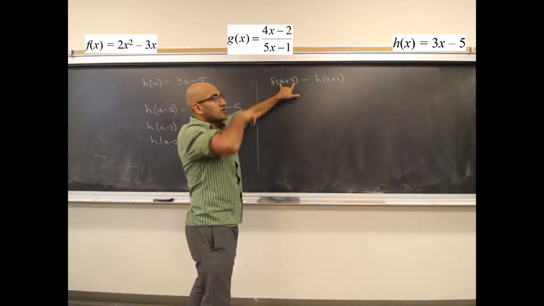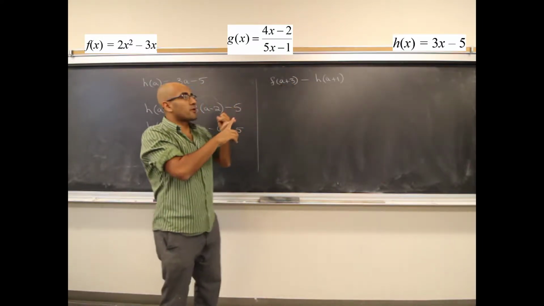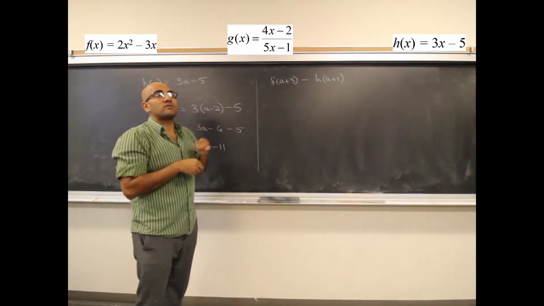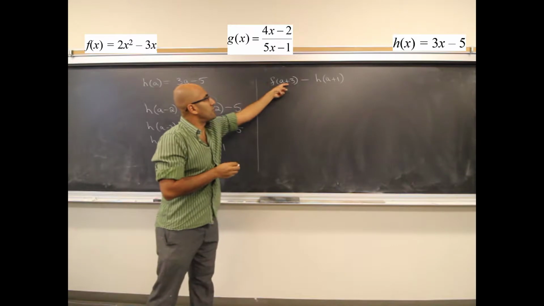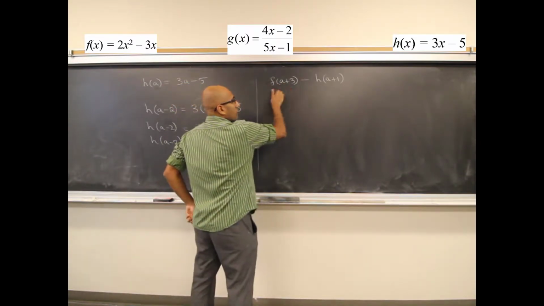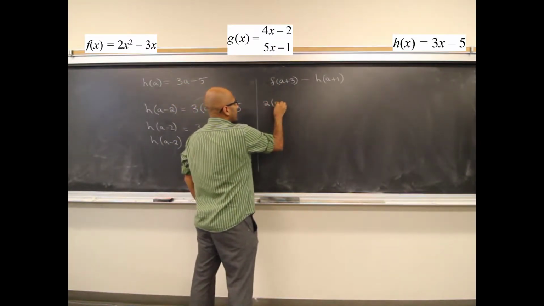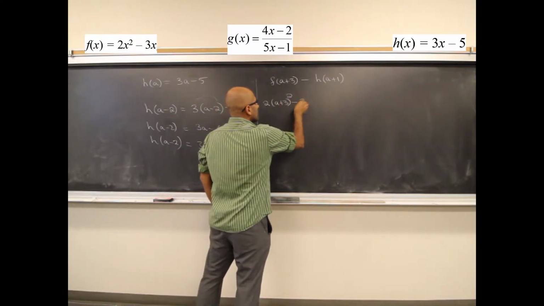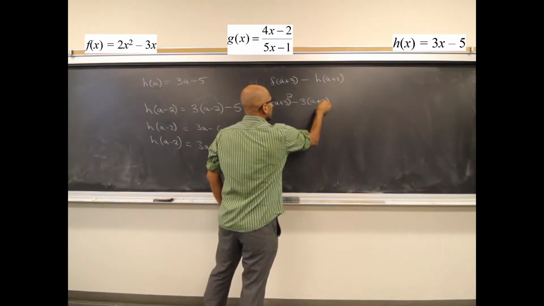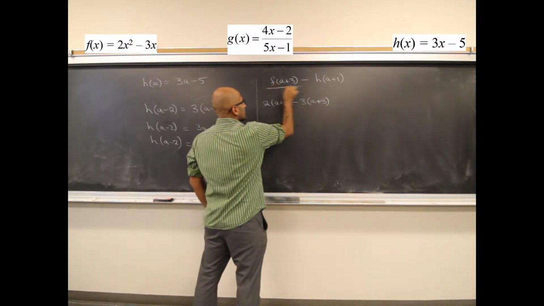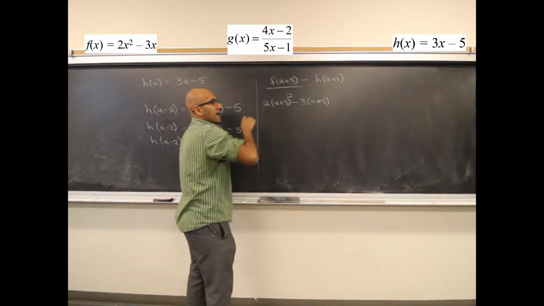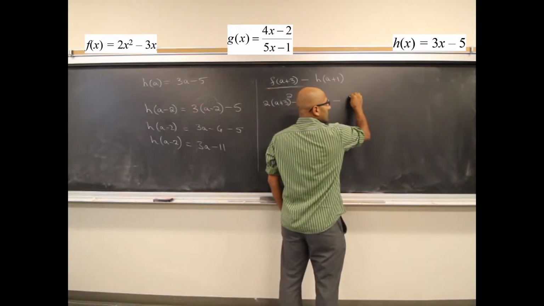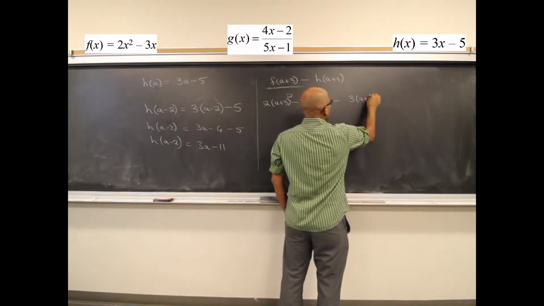So for the f function, the instructions are, give me a number, I'm going to square it, multiply it times 2, and then subtract 3 times the input value you gave me. But the input value is this. So for this part alone, it'll be 2 times a plus 3 squared minus 3 times a plus 3. Right? That's what this part is. And then minus, and then this part is going to be 3 times a plus 1